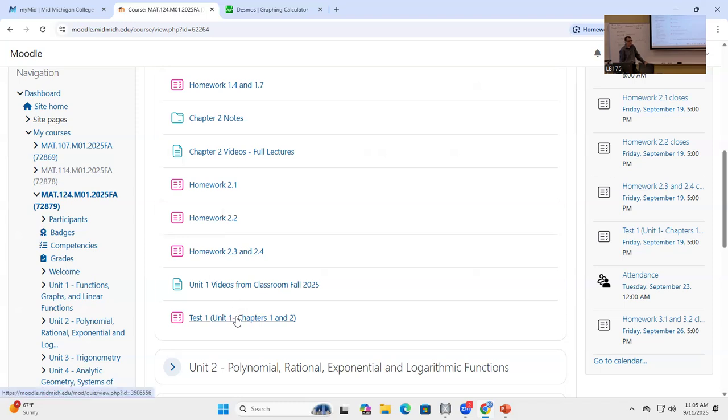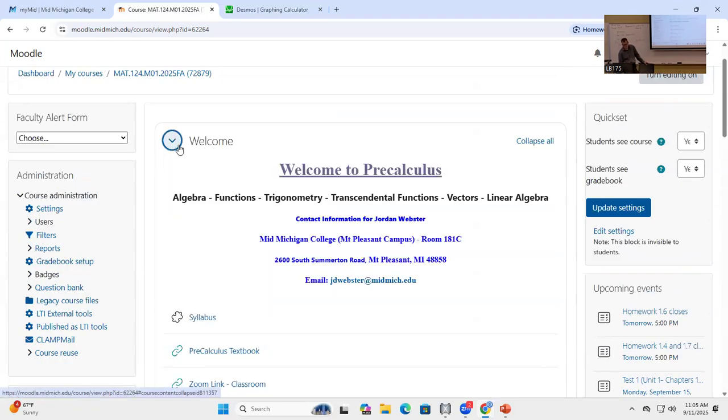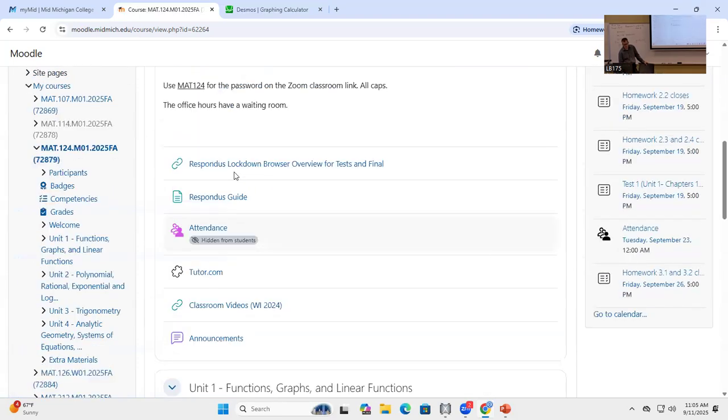Essentially, that test will be open all week. You have 2 attempts, but you have to download the Respondus lockdown browser. I'll talk more about that on Tuesday, but if you want to download it before then,